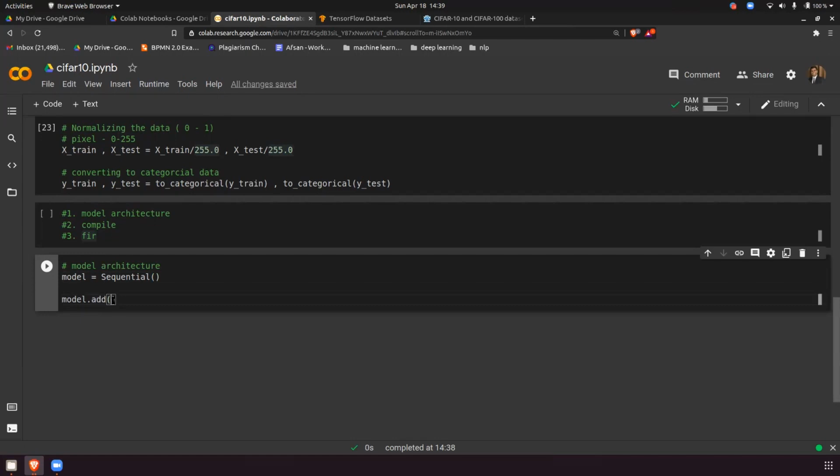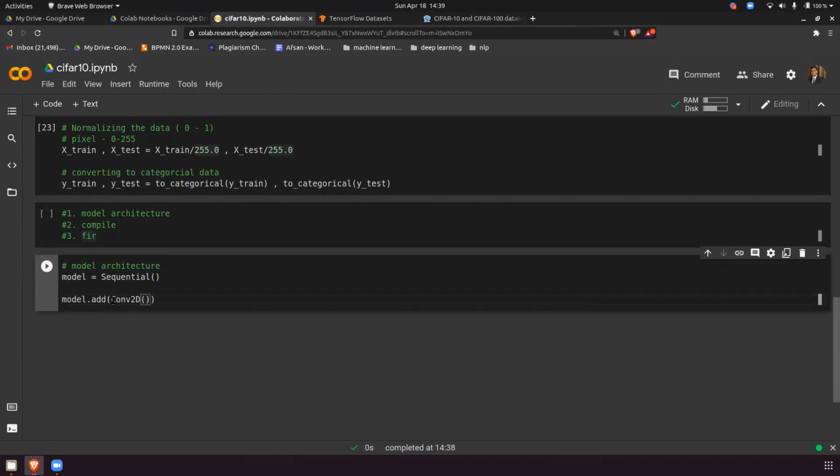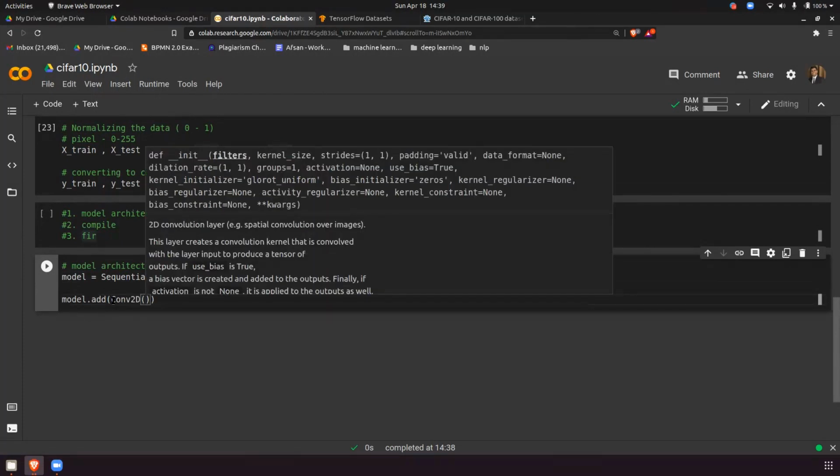So model.add. The first thing I'm adding: what is the first step in convolution? We have to decide the image input and the filter size. So Conv2D. Now when I put the bracket, see the parameters that we have. The first parameter is filters.